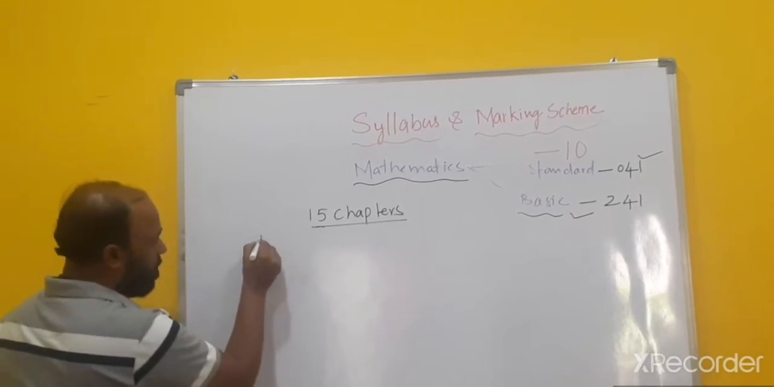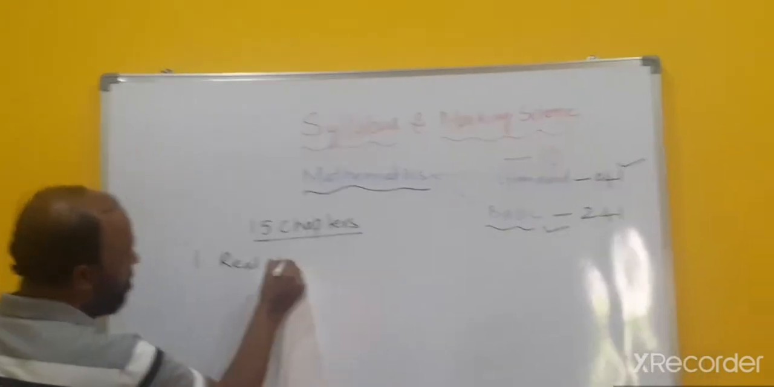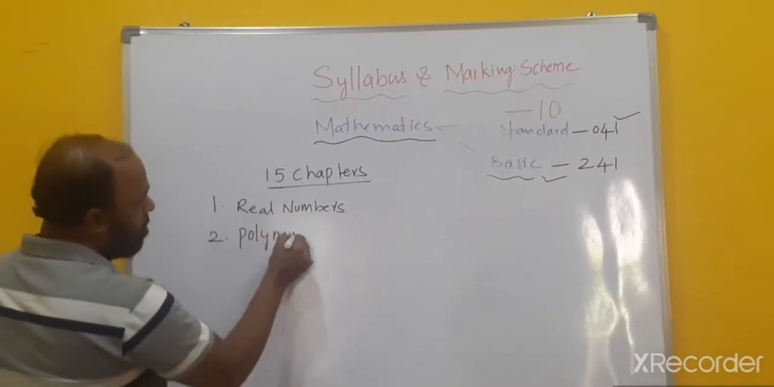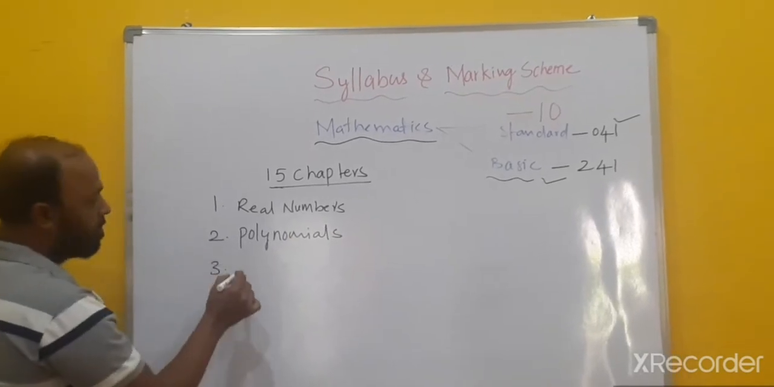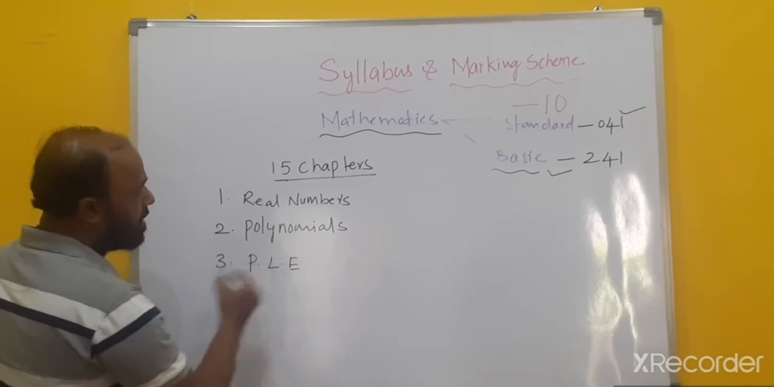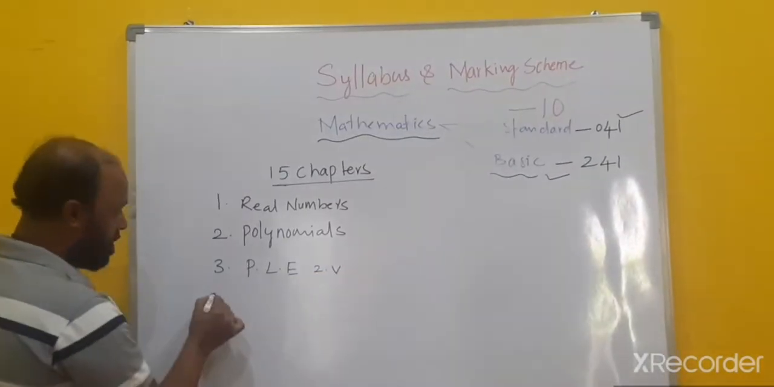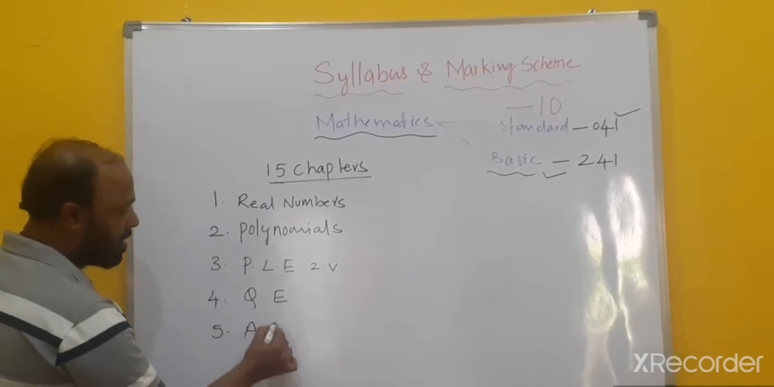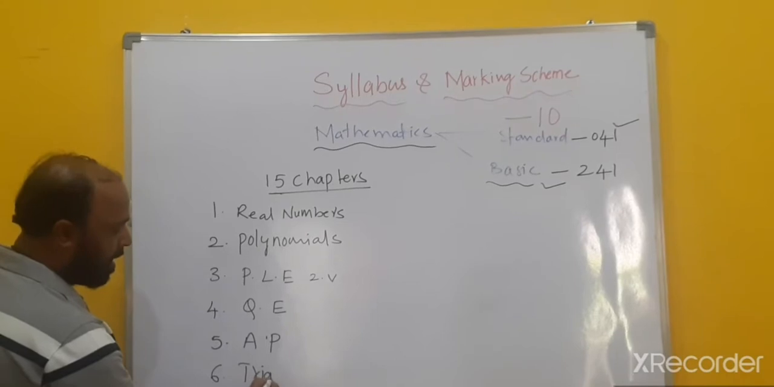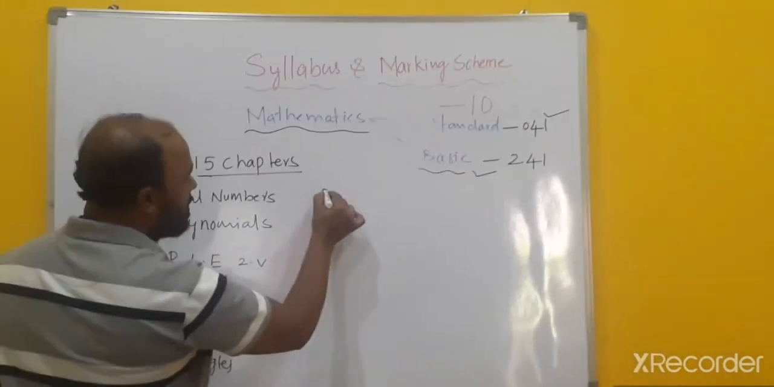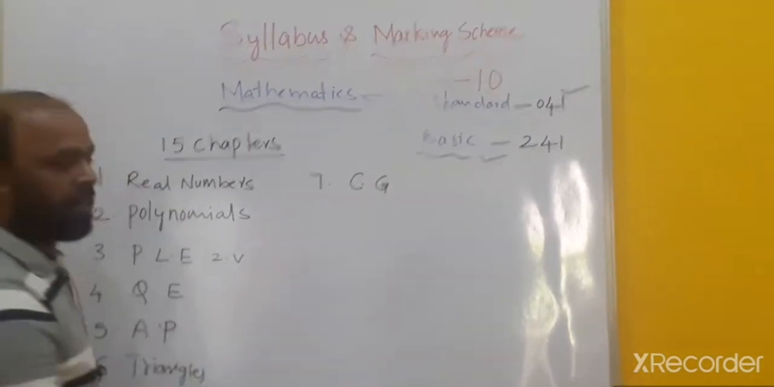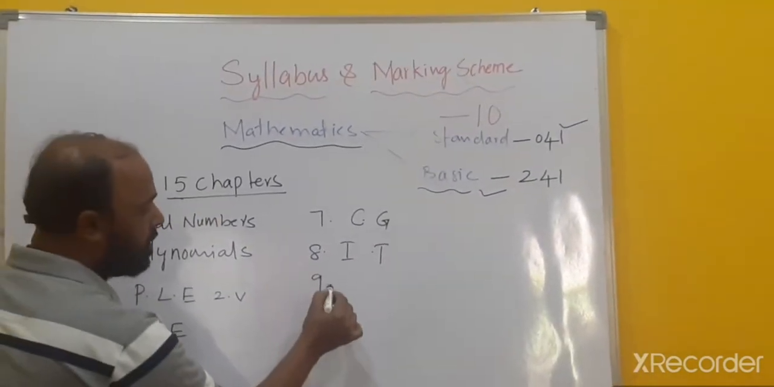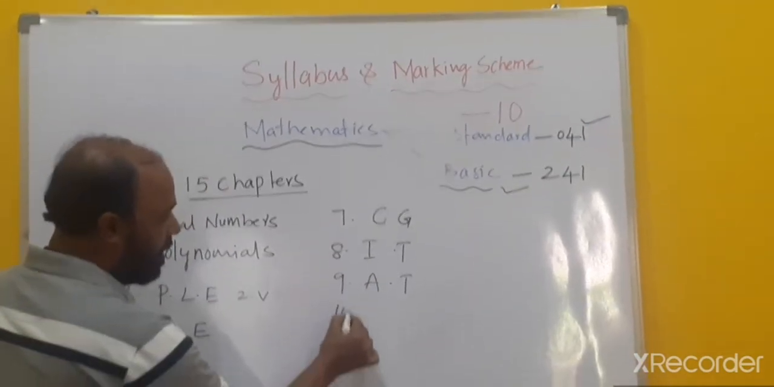The first one is real numbers, and the second one is polynomials, third, pair of linear equations in two variables, fourth, quadratic equations, fifth, arithmetic progressions, sixth, triangles, seventh, coordinate geometry, eighth, introduction to trigonometry, and ninth, applications of trigonometry,